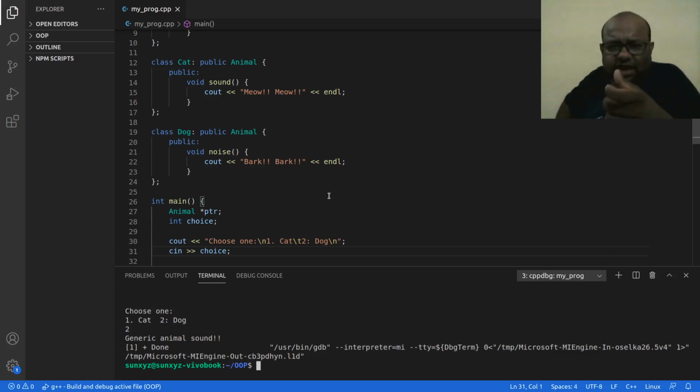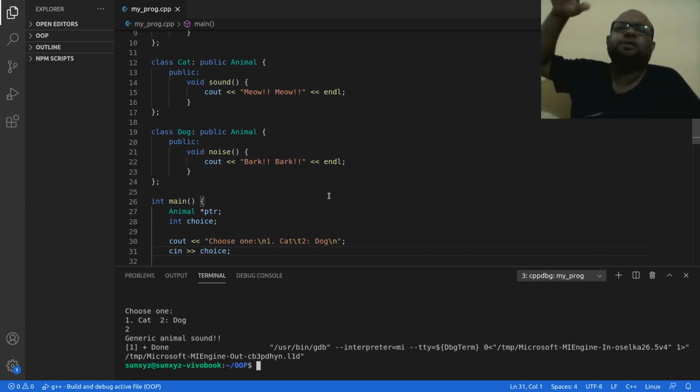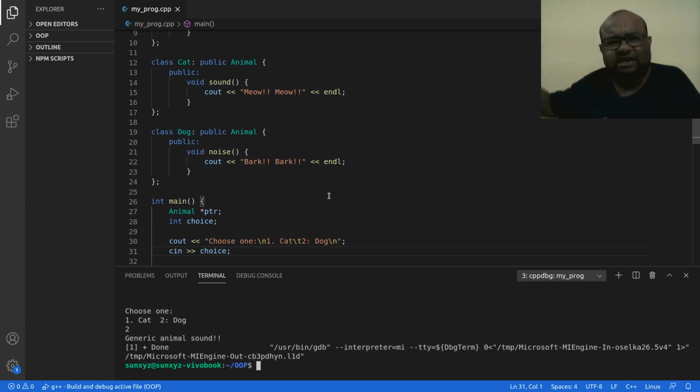So when I use this animal class pointer that is pointing to a dog class object, when I call the sound method, the method that is inherited is being called. I did not override anything. The previous method that was there in my parent class, that itself is being called. So no confusion should be here regarding this.